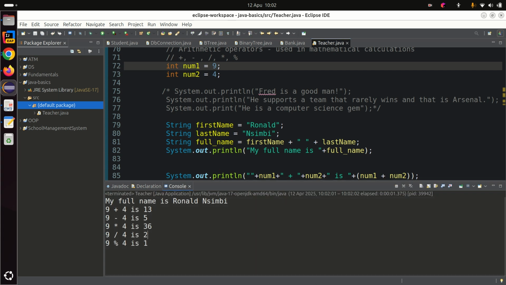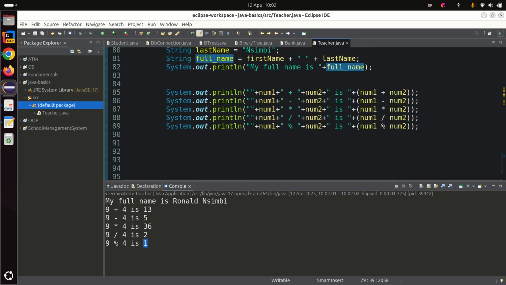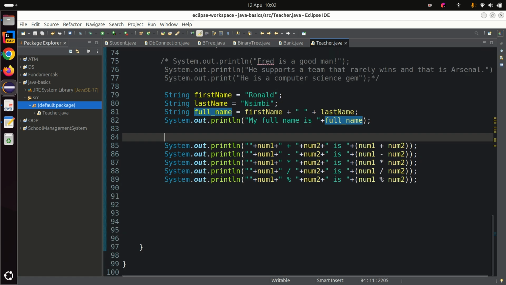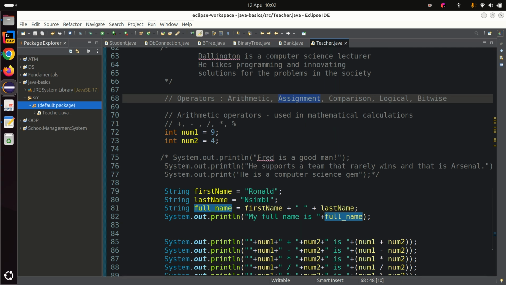Okay, so hopefully you've noted that on division. Then modulus, remember, modulus returns a remainder. So 9 divided by 4 is 2, remainder 1, which is that value 1. Okay, so those are the arithmetic operators. Now for assignment,